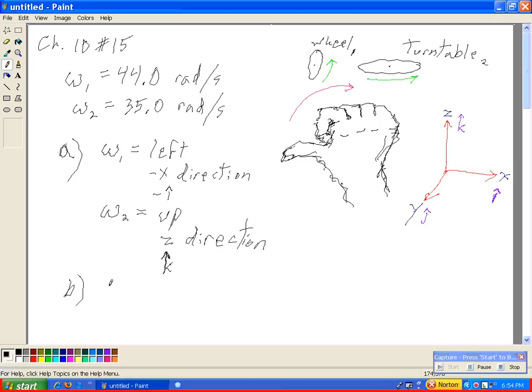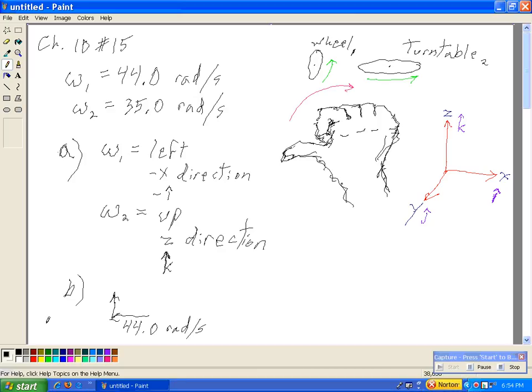Next, what's the overall direction and the overall angular velocity of this object, these combined wheels? So that's where Pythagoras comes into play. We have 44 radians per second to the left, and up